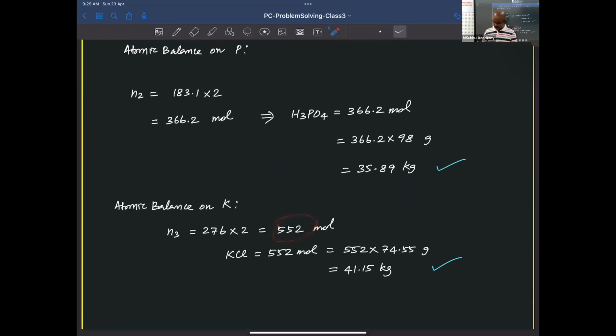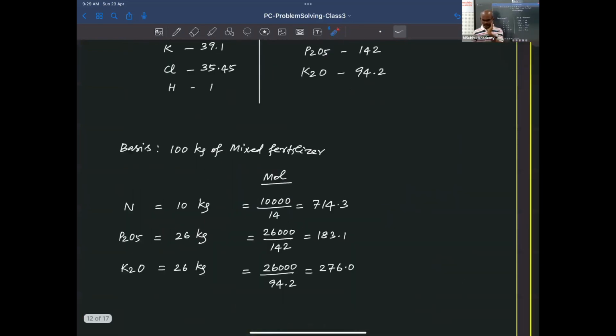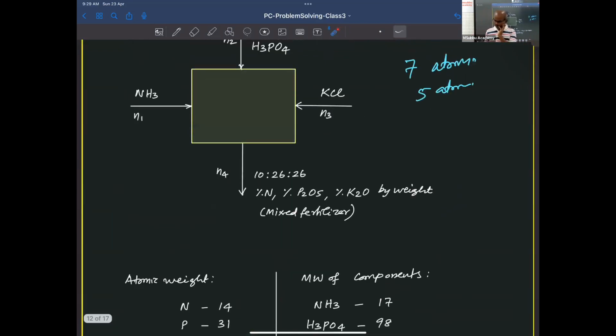N3 is 552 mole. Then what is here? This is in, of course, we need to convert that to kg. So this is the molecular weight of KCl. So otherwise, why have we used these atomic balances? The reason is